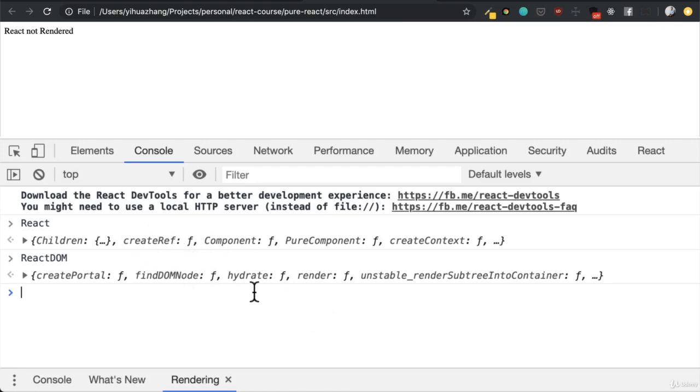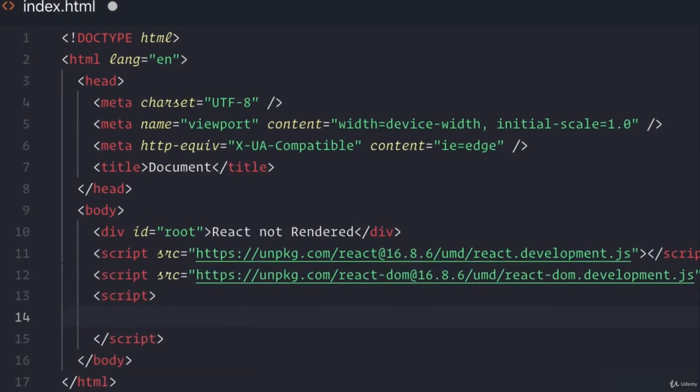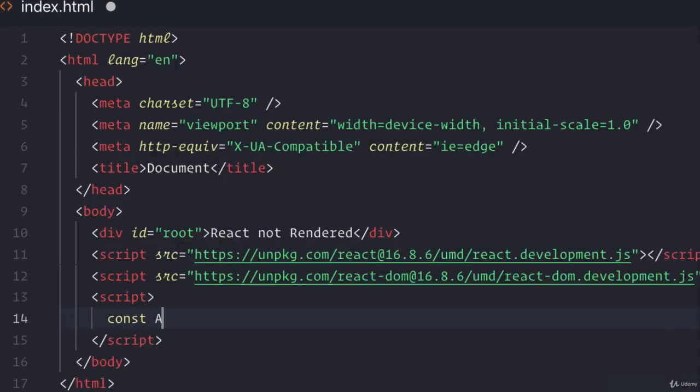Now, I'm going to add my own script tag, and inside we're going to start writing our own JavaScript to see what it is that these libraries do for us. So first, I'm going to write a functional component called App, the same way we were writing them before, except this time, what I'm going to return is